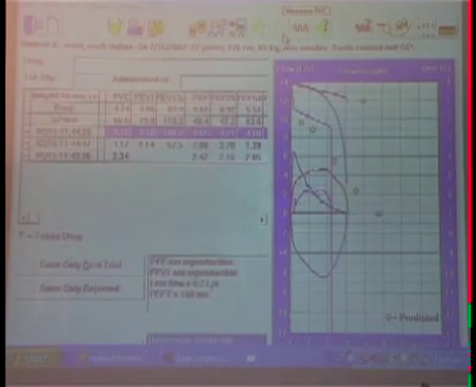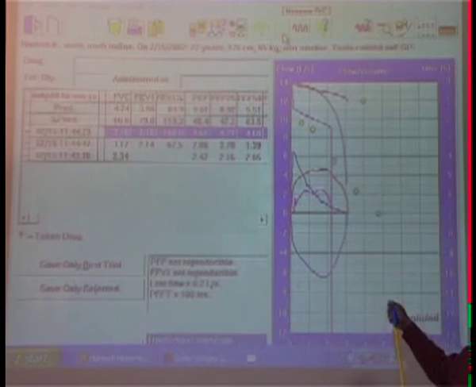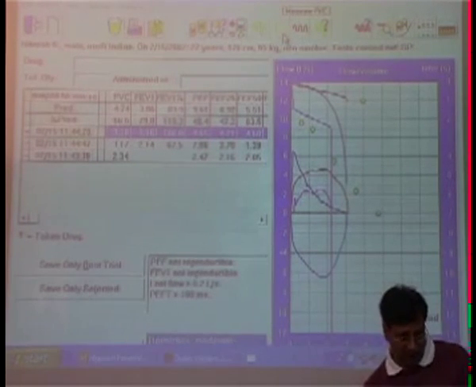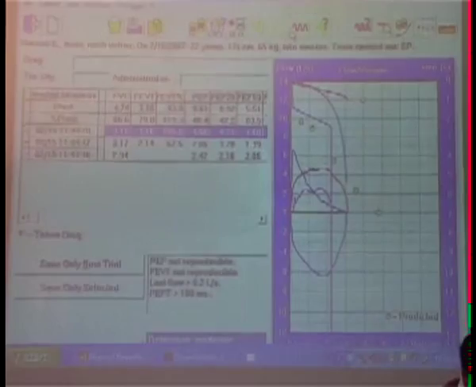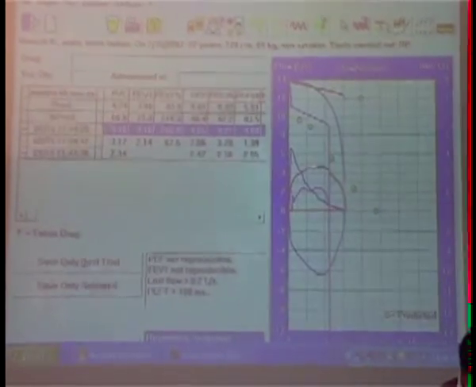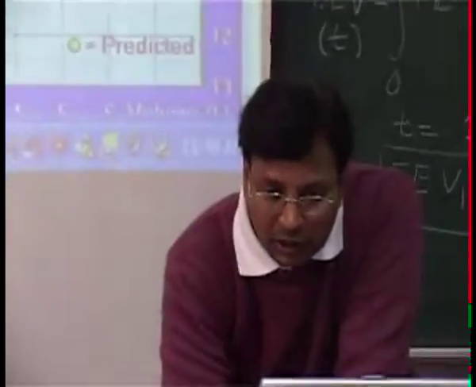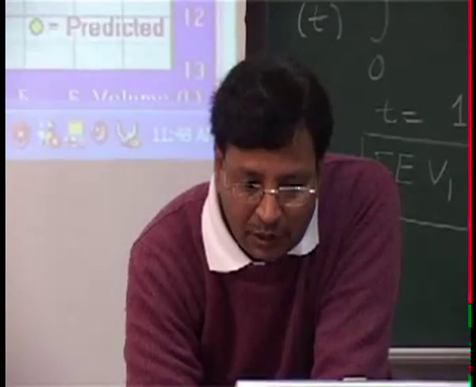Of course, normally this is done by the doctors, but most of the time the data are used and analyzed by the air pollution people. Okay, so this part we'll leave there because that's all I wanted to demonstrate to you. But we do this thing 3 times, you know, and the best results are taken.